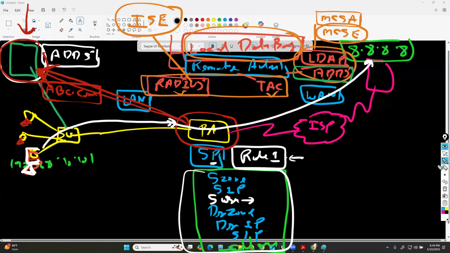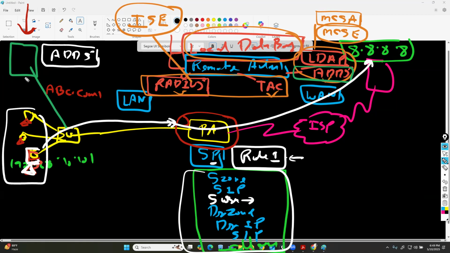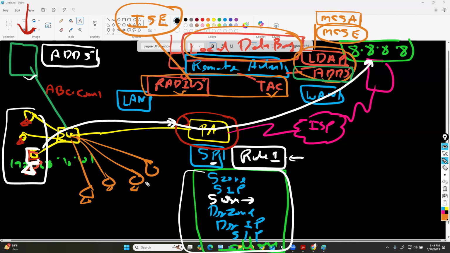In case you have some guest user, these are domain users, they are part of Active Directory. But if you have some guest user in your network, they are temporary users. They are not permanent users. They are guest users. So I cannot join these computers to Active Directory. Why? Because they are guest users. So for guest user full visibility,